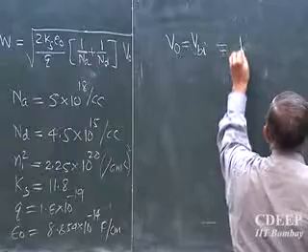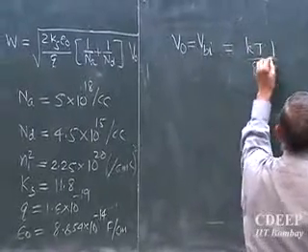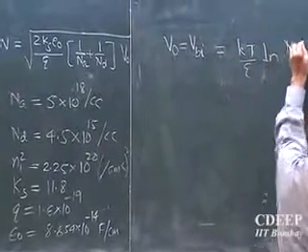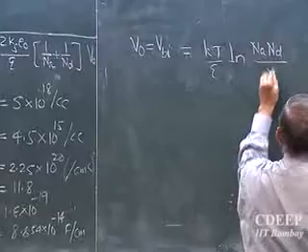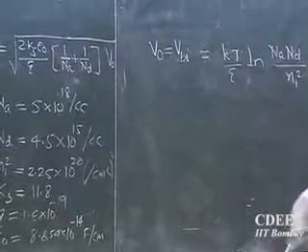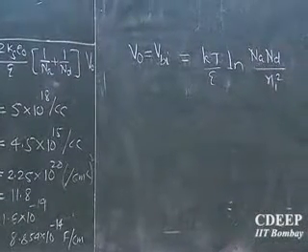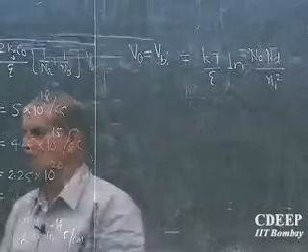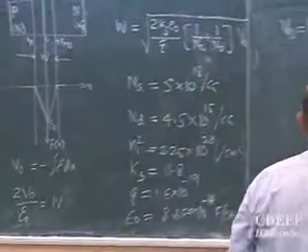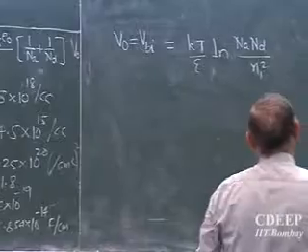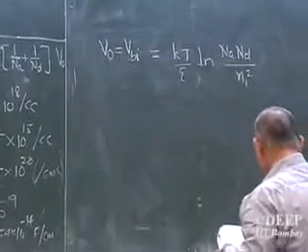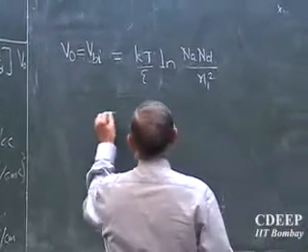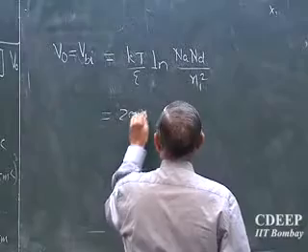That is kT by q ln Na Nd by ni square. The assumption here is that at T equal to 300 degrees Kelvin, all donors and acceptors are ionized. That's our assumption. So with this, kT by q, if I substitute this value and assume this to be 25 millivolts,